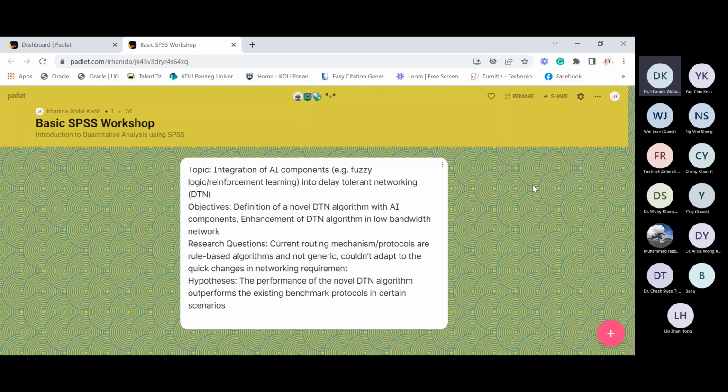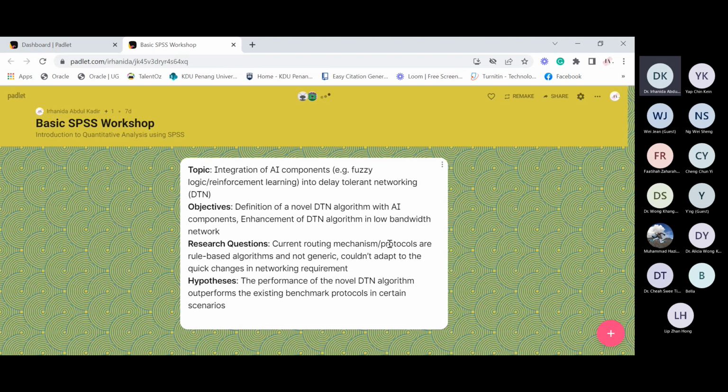I'm not sure who the first one is from, but this is about integration of AI components, for example fuzzy logic and reinforcement learning. Wow, this topic is very alien to me. Into delay tolerant networking, DTN.